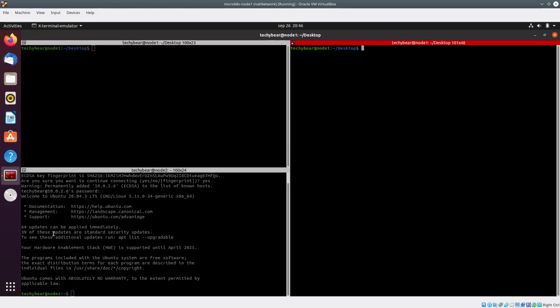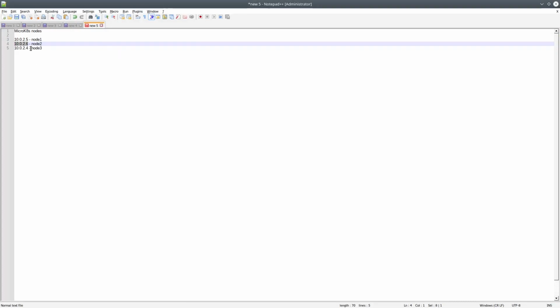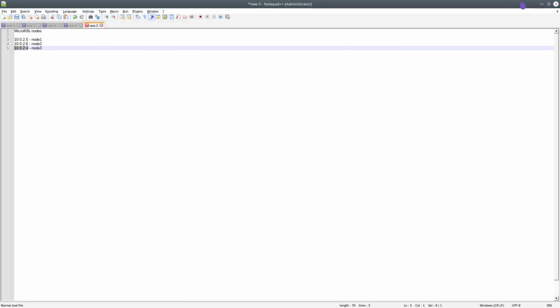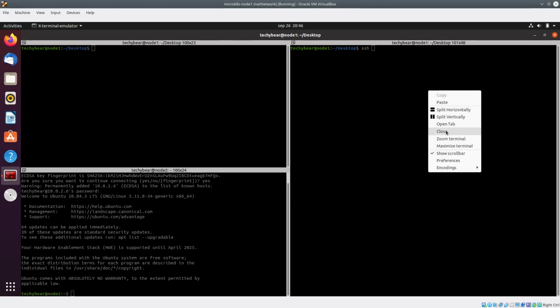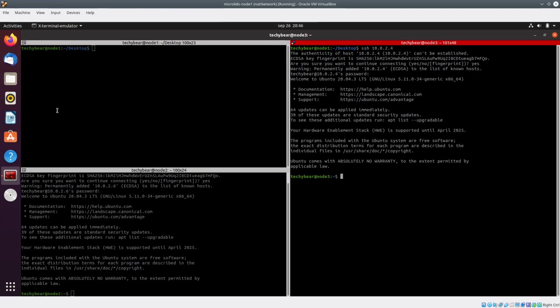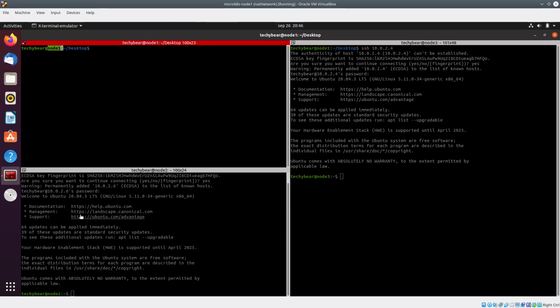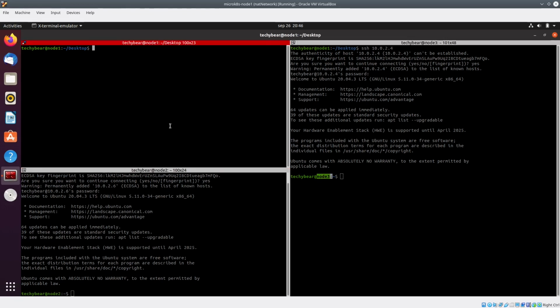I'm logged in to the second node. Let's connect to the third node. So I'm on the first node, I'm on the second node, I'm on the third node.